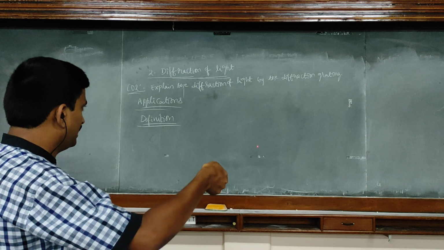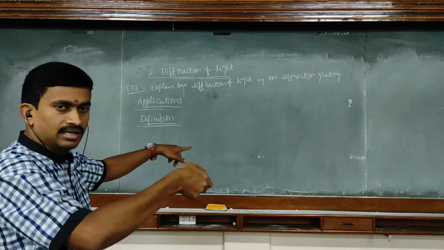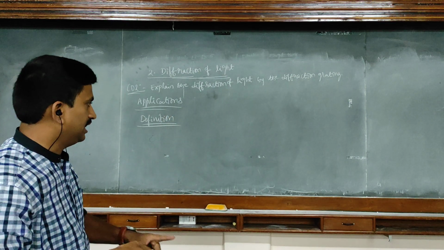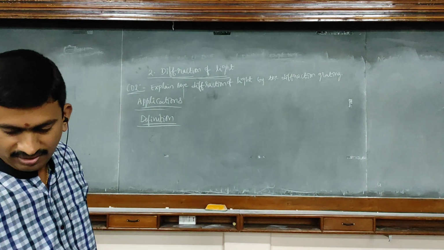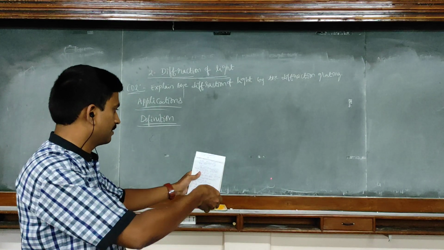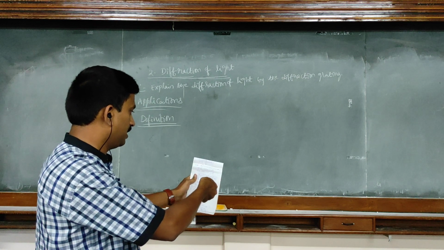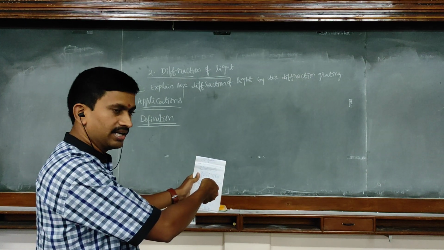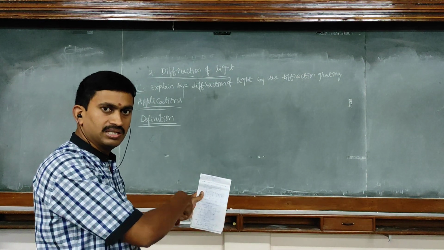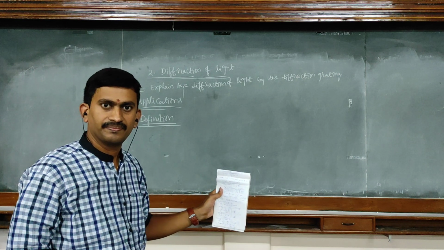What happens? The light is propagating in a straight line manner. Then at the board, the light gets stopped. Till the board, it is propagating in a straight line manner. Or, in other words, when the laser light is switched on, if I keep this book in the propagation of light, this book is able to stop the propagation of light. That means this book itself acts as an obstacle for the propagation of light.